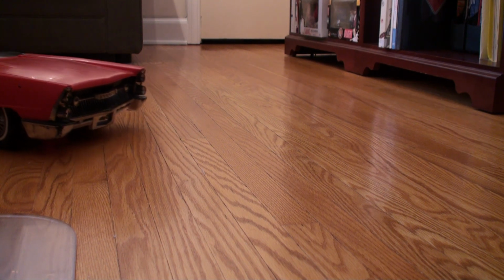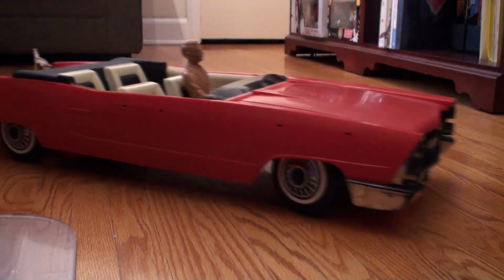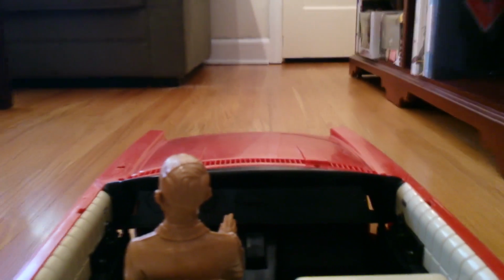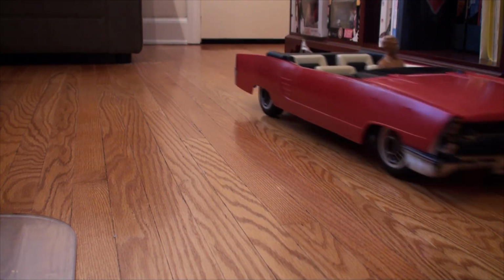Now that we have this resto mod working, it's time to decide what to do to make the car look the part as well. And there are a lot of things to think about, such as what color to paint the body? Should the wheels and tires be upgraded? Should the driver have any companions? What else can we make function on the car? There are many other things to consider for our next installment of this project. Until then,